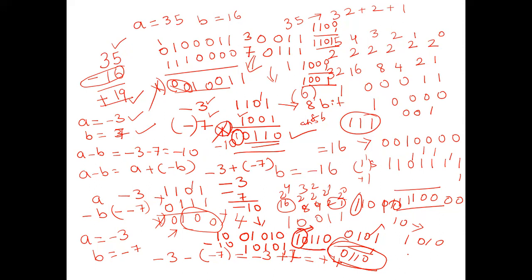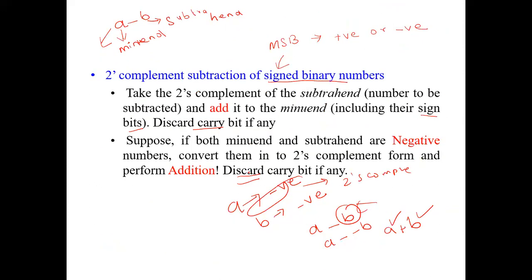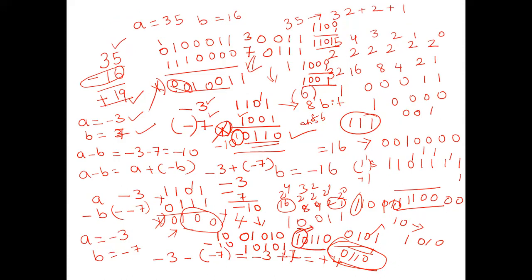So that is what I get here. That carry will actually be discarded, but here we should not discard it. So we have to perform that addition, because if we need to represent the fifth bit, you can perform it. Or else, you can perform minus 3 minus 4, you will get minus 7. So this is the subtraction of two numbers.